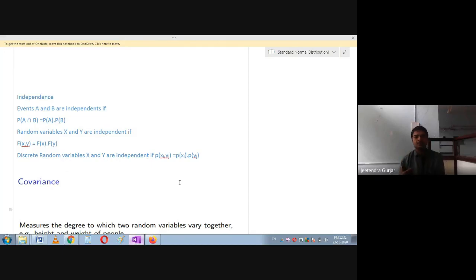In the same way, we are going to take this for our joint probability distribution. If you take two discrete random variables X and Y, because in joint probability distribution we come across discrete random variables, very important, then these two random variables are independent if p of xi, yj is equal to p of xi into p of yj. Here i and j are nothing but index values; i will go 1, 2, 3, 4, similarly j will go 1, 2, 3, 4, and so on.